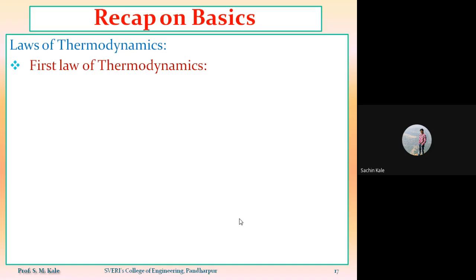What is the other statement of the first law of thermodynamics? There are two statements. One statement is related to the law of conservation of energy, and the second statement is the